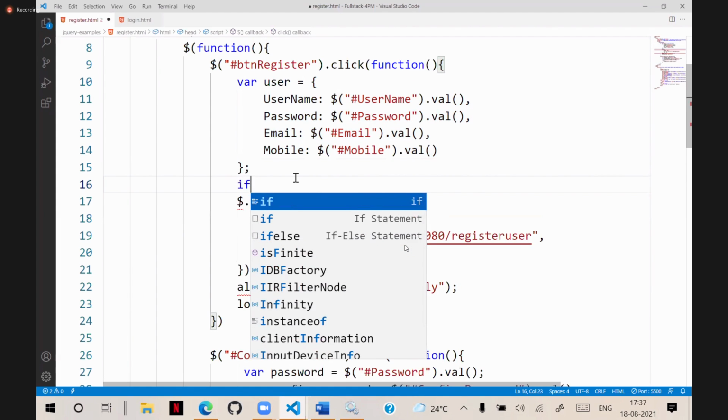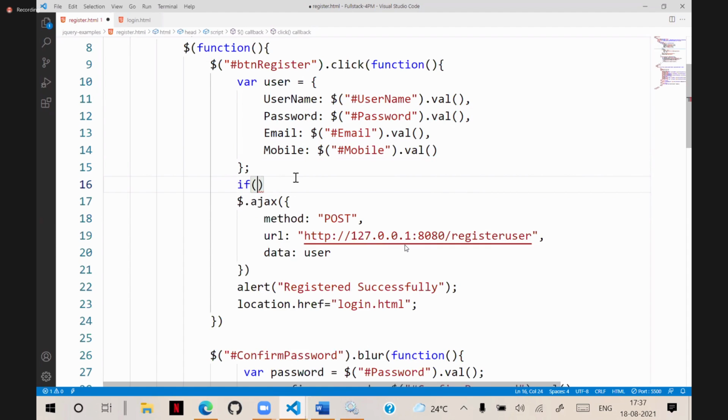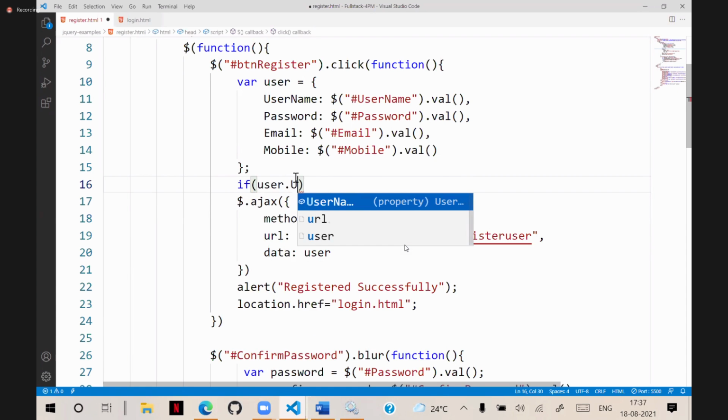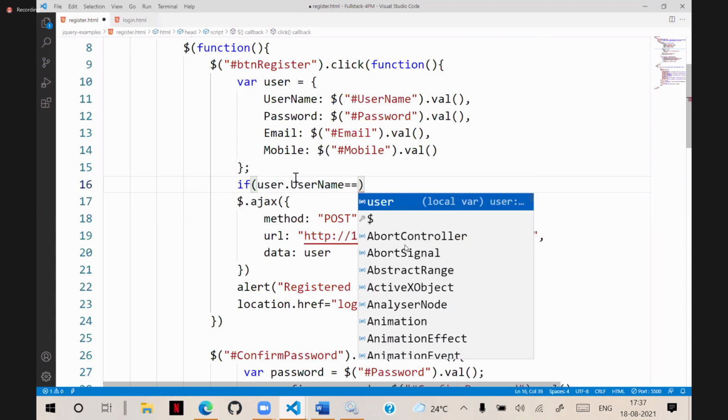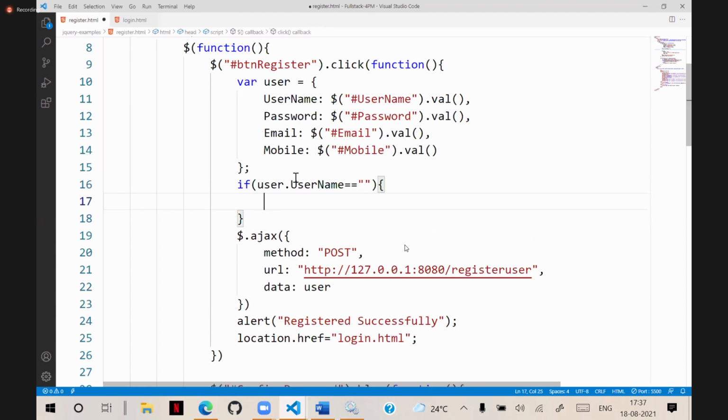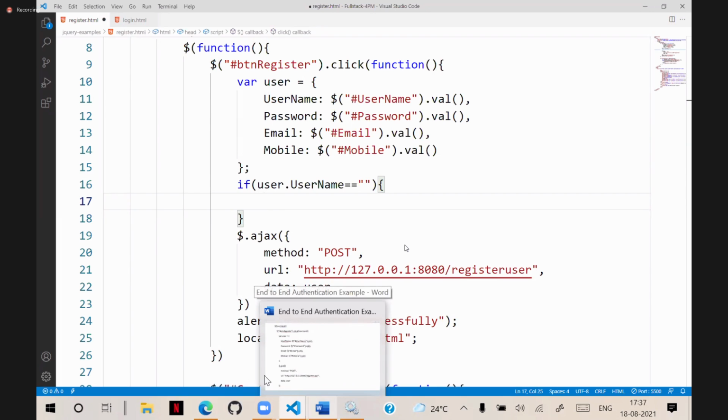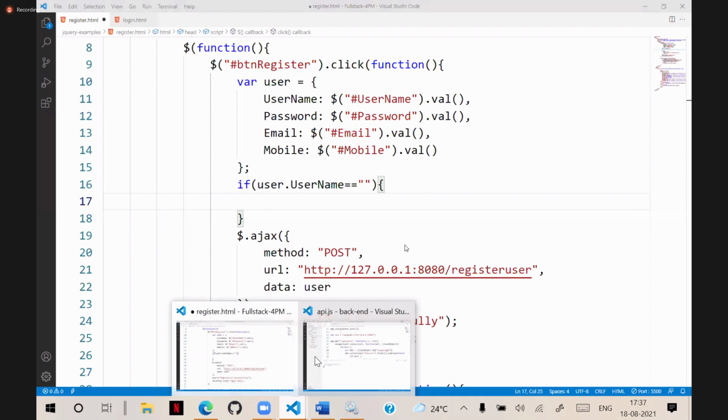If the username has a problem, we need to display that. Suppose I give a mandatory field message. If user.username is equal to empty, that means it is not provided. And if username is empty, what should happen? We need to define the option here.